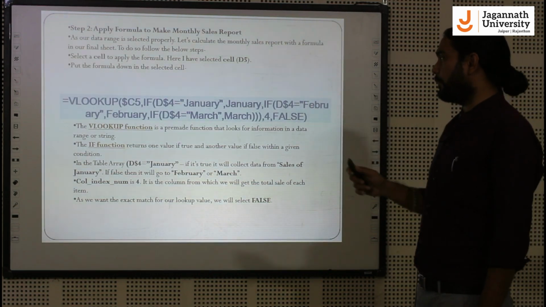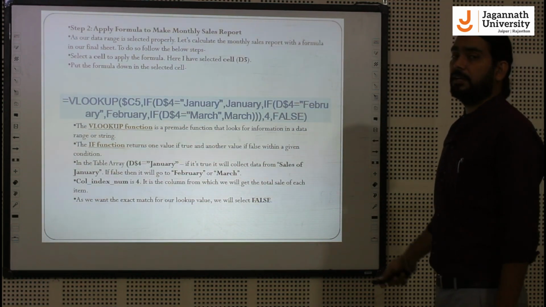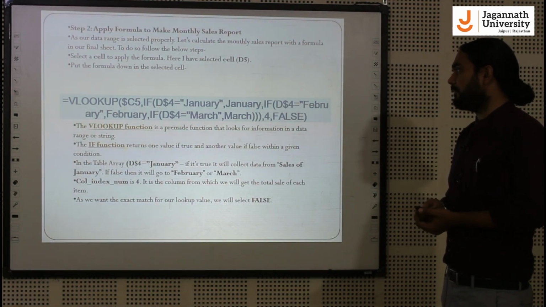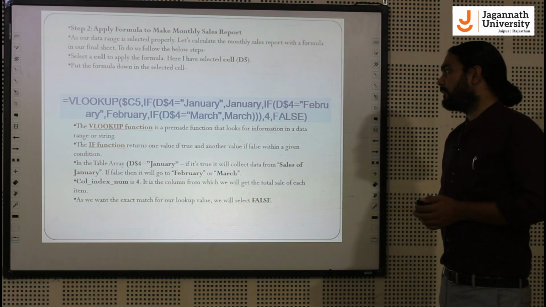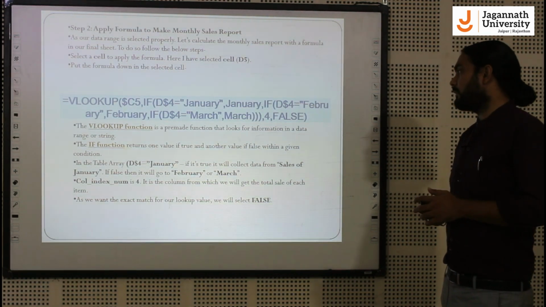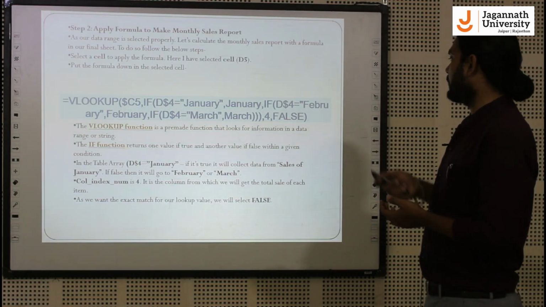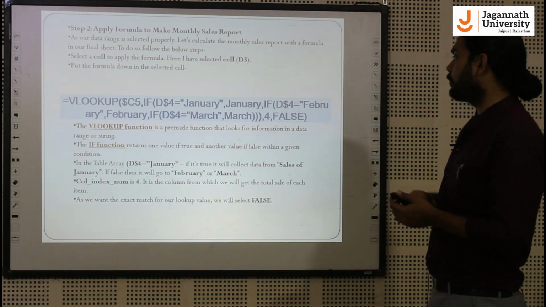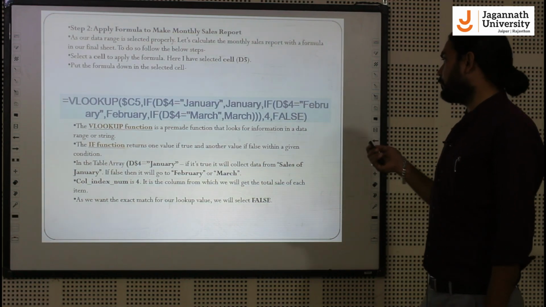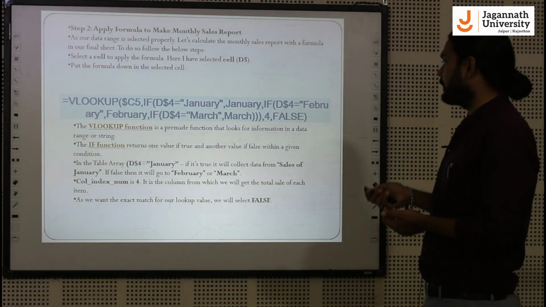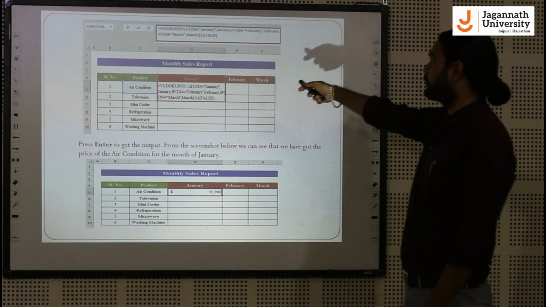That is the VLOOKUP. The VLOOKUP function is a pre-made function that looks for information in a data range or a string. In the previous slides we discussed the IF function. It will return one value if it is true, and another value if false, with the given conditions. In the table array, if it is true, it will collect the data from the sale of January. If false, it will go to February or March. As the column index number is 4, it is the column from which we get the total sale of each item. So this is the formula that we have applied for the month of January,